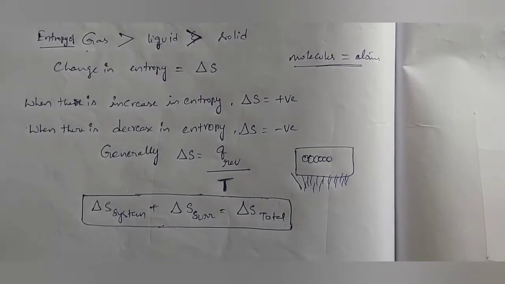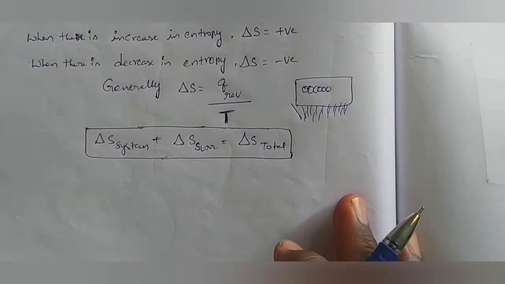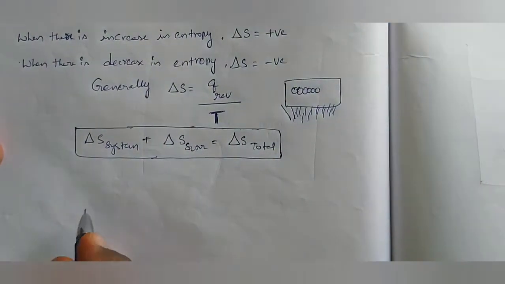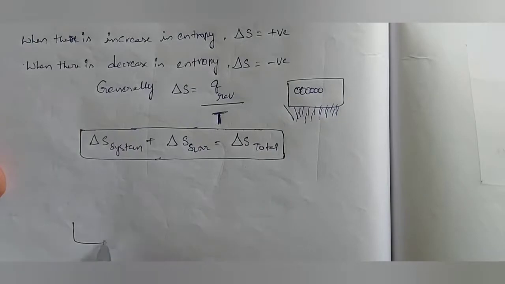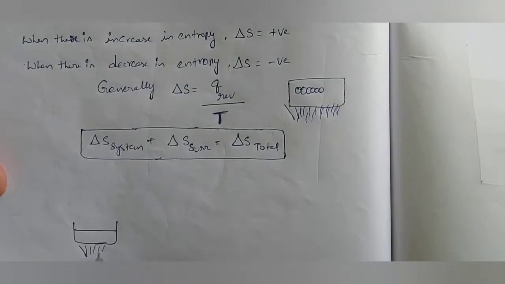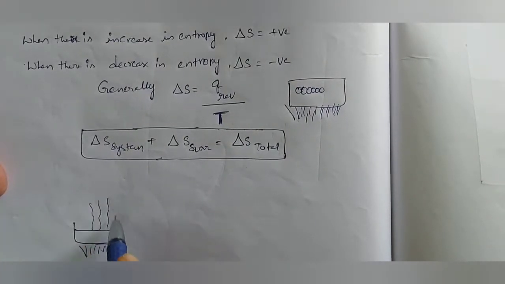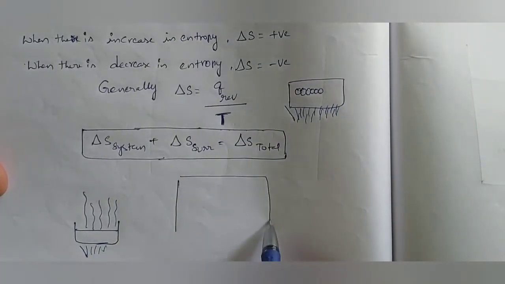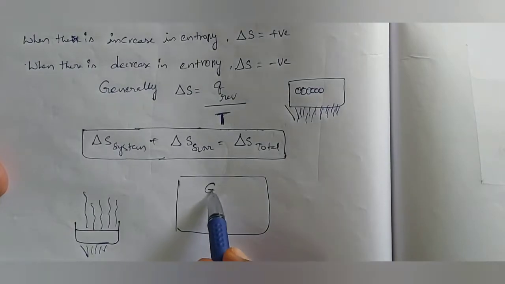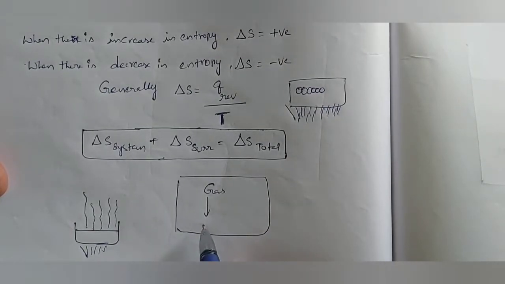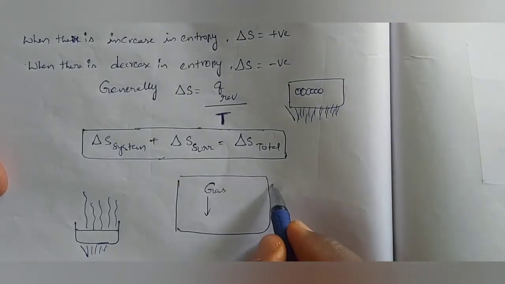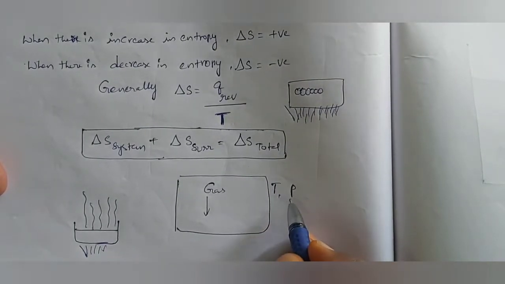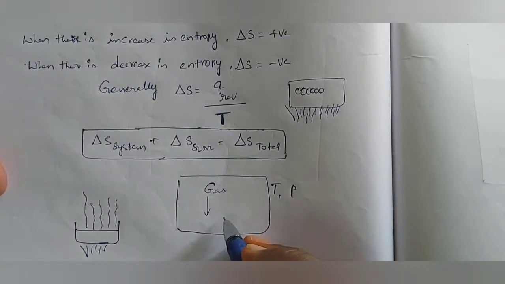Now our important thing is, for a spontaneous reaction, what about the delta S value? Okay, see, we have a liquid in a beaker. Simply by heating, that liquid will be converted to gas. We have gas in a container, and that gas must be liquefied. Simply it will not be liquefied. We have to change the temperature and apply the pressure. Like these factors are there to change that gas to liquid.